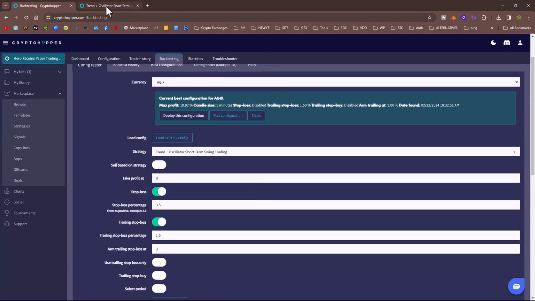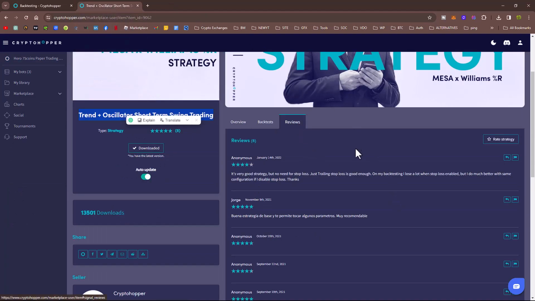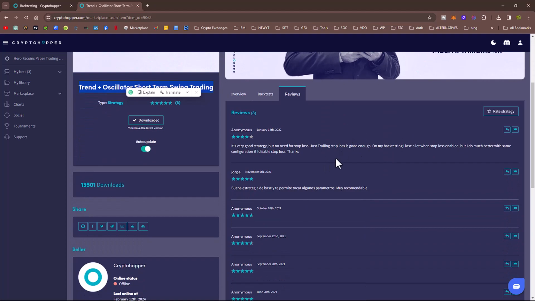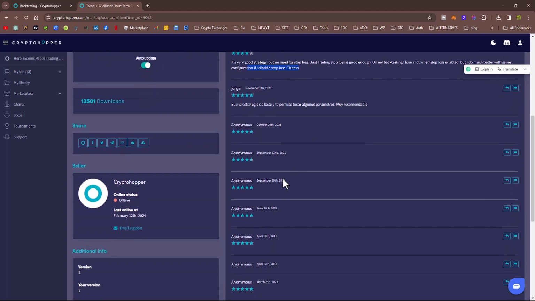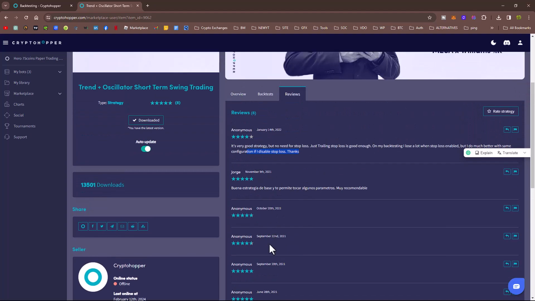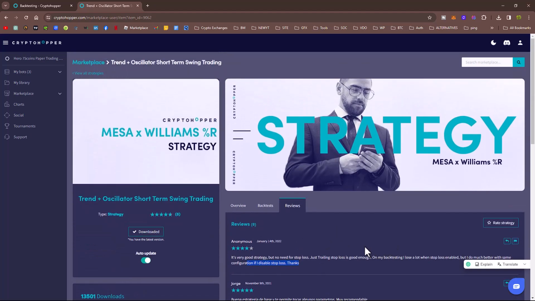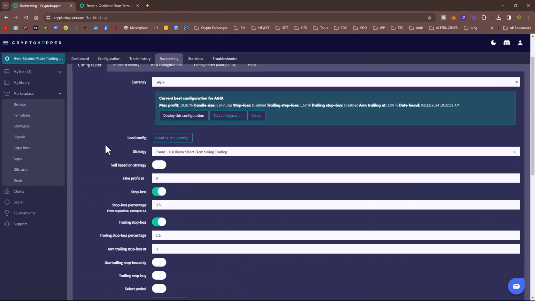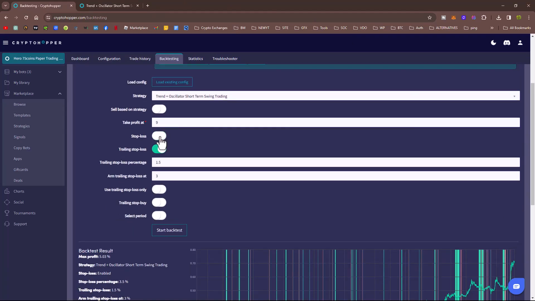Now, I've just been reading the comments, the reviews on this strategy here. It's this top one here I've just read. On my backtesting, look, no need for stop loss. On my backtesting, I lose a lot when stop loss enabled, but I do much better with same config if I disable stop loss. Alright, and the reviews, let's have a look. They all seem to be positive reviews, mostly 4.5 to 5 stars, which is pretty good in my view. Back to here. So I'm going to switch off the stop loss and I'm going to rerun that back test, and